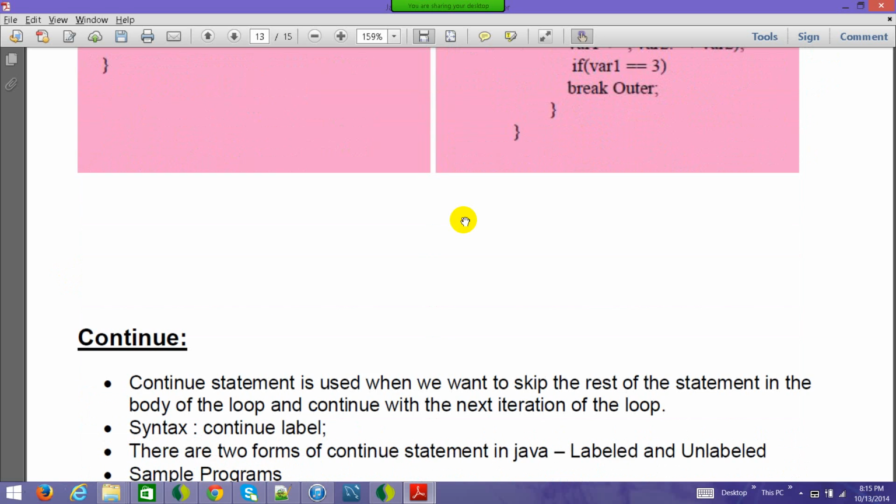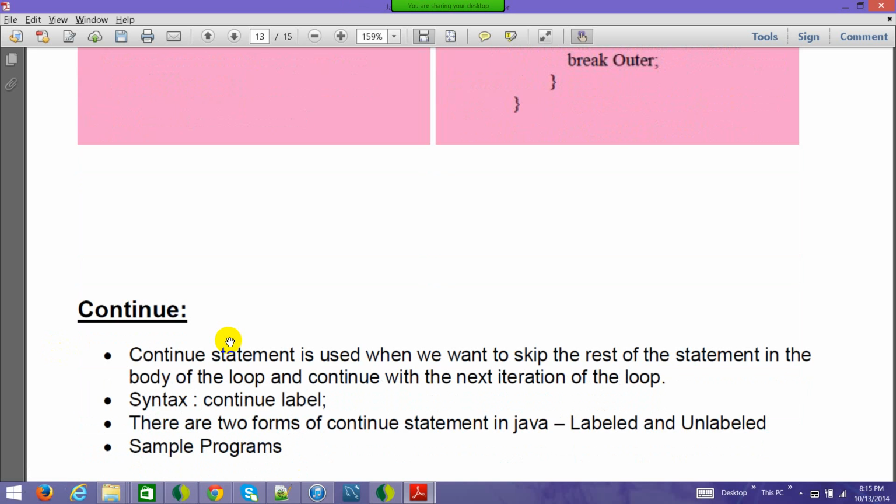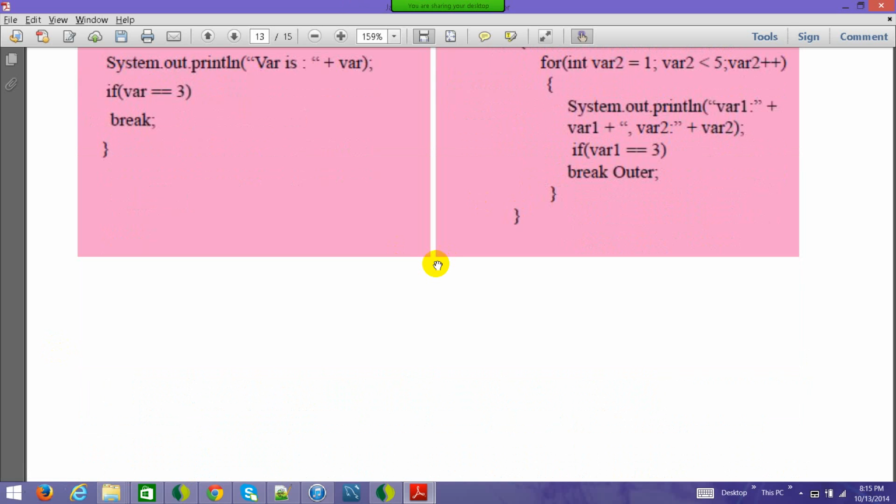So there are two types, labeled and unlabeled. For all practical purposes in industry, mostly we use the unlabeled one because we do not have that many layers of for loops in every scenario. But if you use labels, it's going to improve readability and nobody is going to question that this is wrong, and it is not going to introduce any additional performance or other such issues.